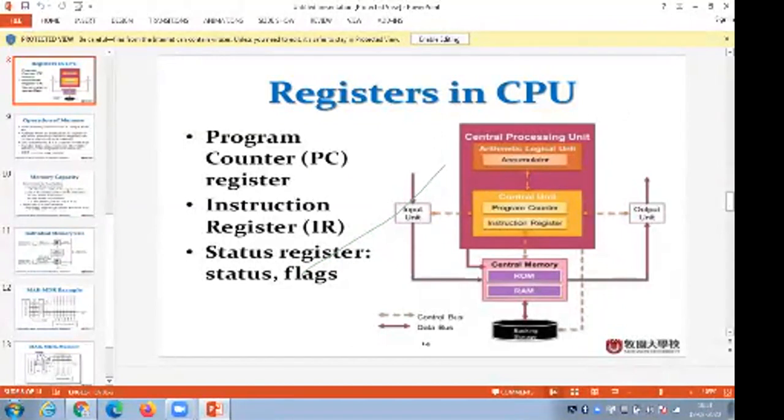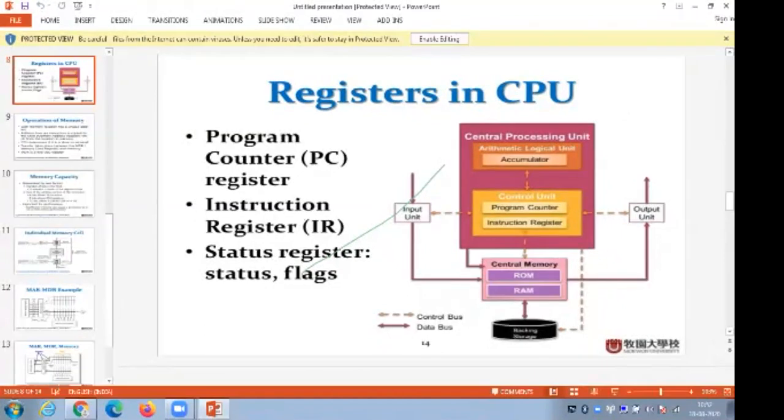And these are completely linked to the central memory, where I am showing you 2 types of memories, ROM and RAM. ROM is the read only memory, and RAM is the random access memory. RAM and ROM are the memories used in a central memory for storage purposes. One is for read, and the other is for read and write and storage. And these are directly linked to the output unit, and these come from the input unit.